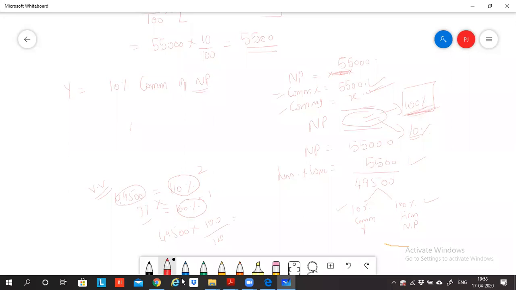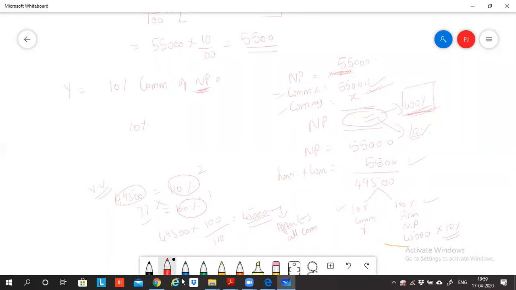You'll get how much? I'll use my calculator. 49,500 divided by 110. 45,000. 45,000 rupees. So can I say this 45,000 is the net profit after minusing all commission? Yes, sir, to the firm. Yes, because out of the 49,500, the 45,000 is 100% belonging to the firm, and on this 45,000 they need 10%. So 10% commission on net profit after minusing all commission.